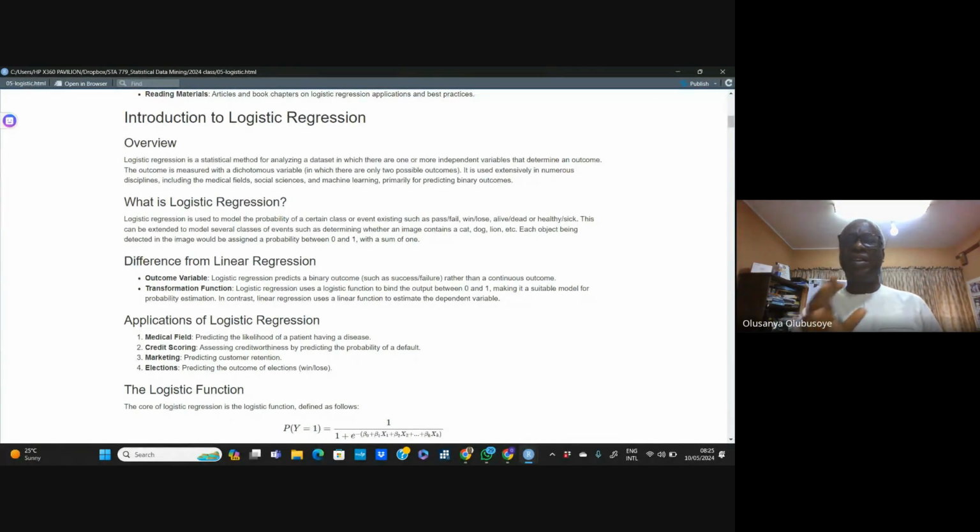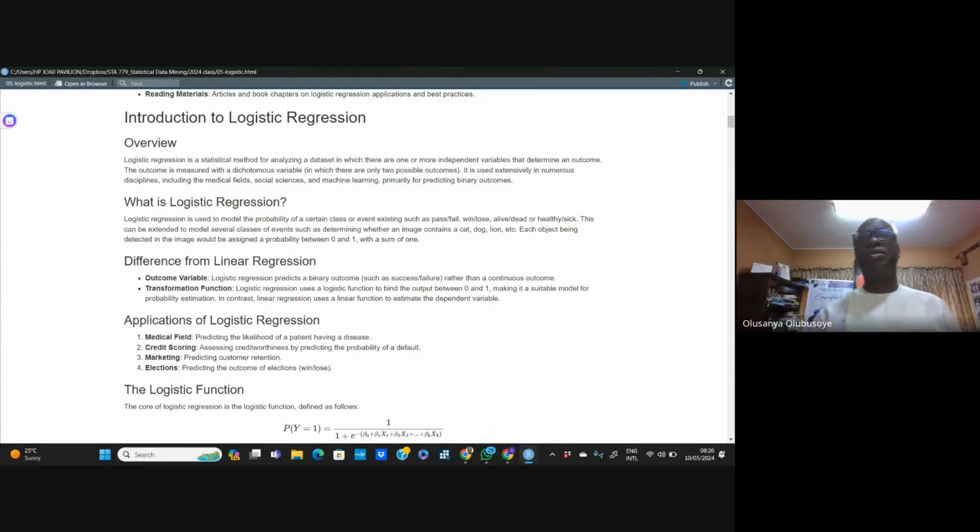In linear regression, the outcome variable is continuous. It's measured on the continuous scale. Income is measured on the continuous scale. Weight is measured on the continuous scale. GDP is measured